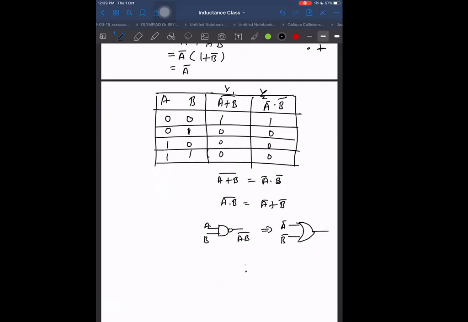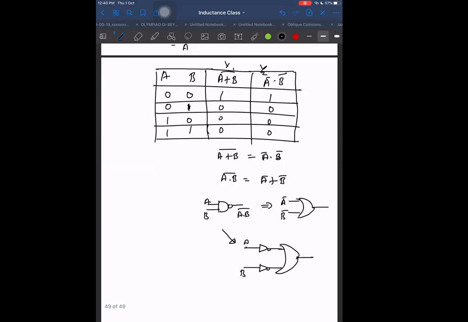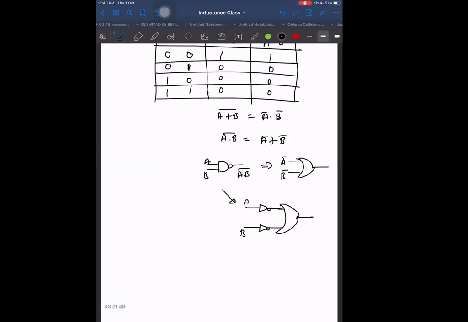Let us start with A and B then. I can make A as A bar. How to make A as A bar? I can make A as A bar by connecting a NOT gate. How to make a NOT gate? That is also my choice. I can make a NOT gate in my own ways also. For example, okay, first of all, I'm making a normal NOT gate. Finally, I will make it using the gates I want. This is how it is. So this gate is equivalent to this gate because both are giving us the same outputs for the same inputs. Okay. One more thing I can do now. I can change it further.